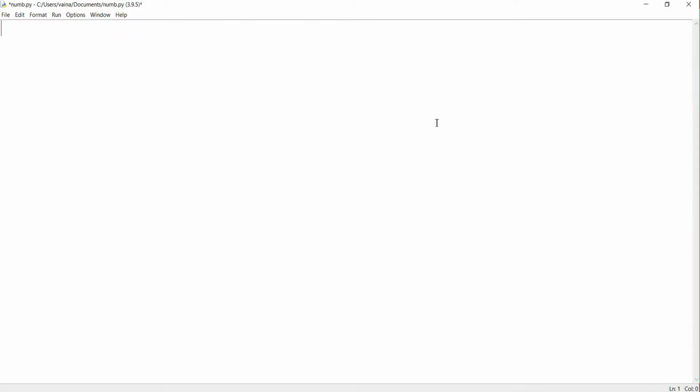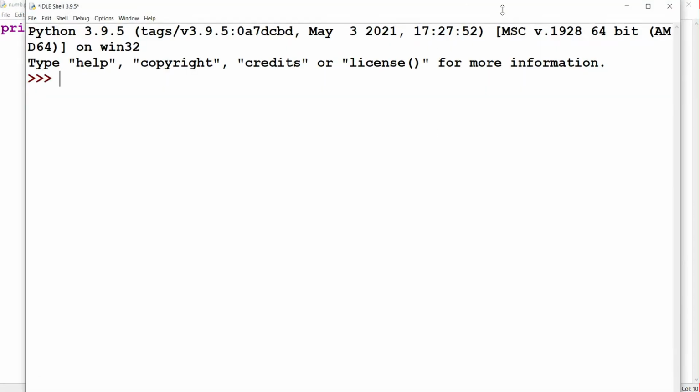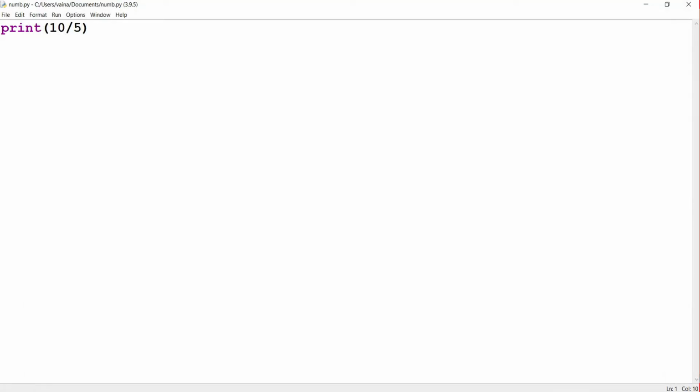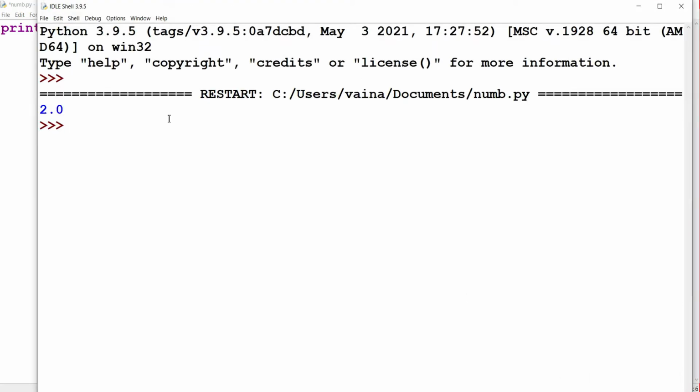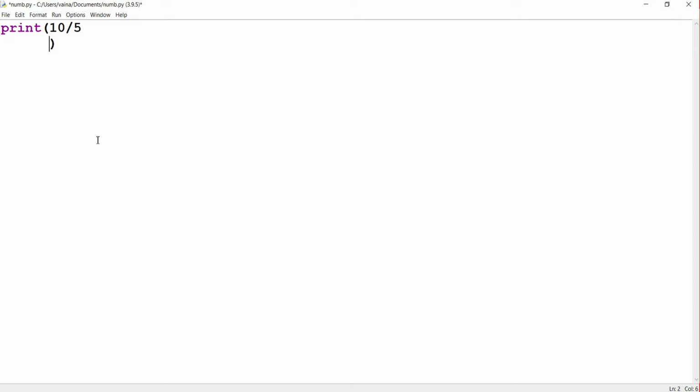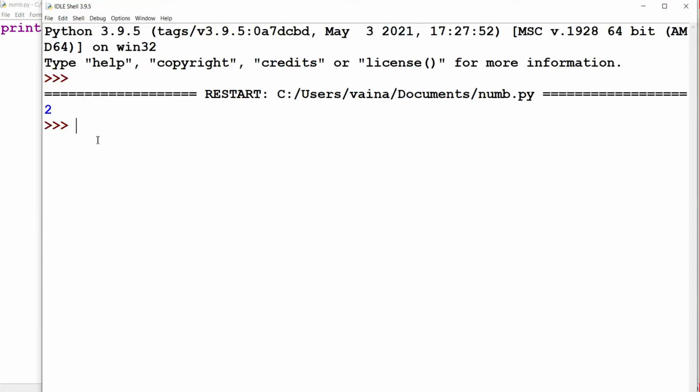We will go through it. If you see the classic division, it is just simple division. Like we take the example of 10 by 5, and we get the output 2.0. Similarly, the float division will truncate the values after the decimal point. Suppose we run this, we get the output 2.0. What the float division does is it truncates or removes the values after the decimal point. That is done by using the double slash. Simply we add another slash after one slash. So when we run it, we get the float division.